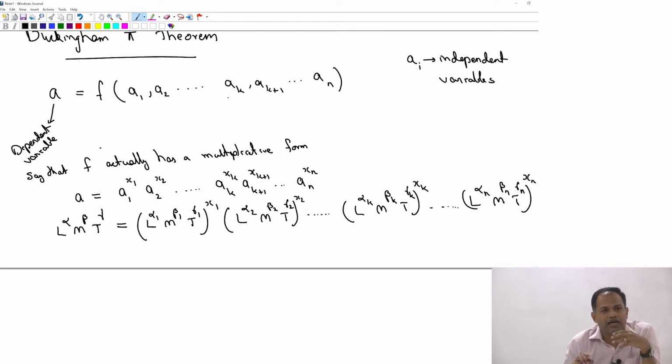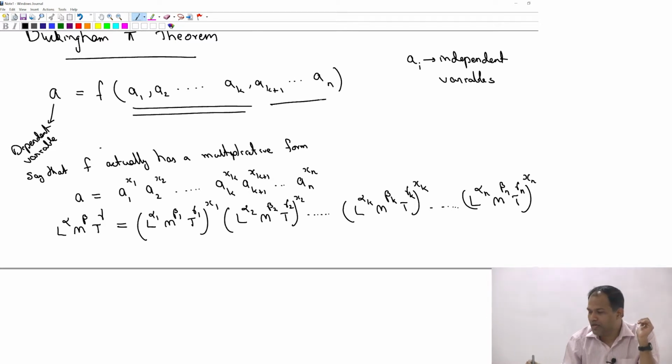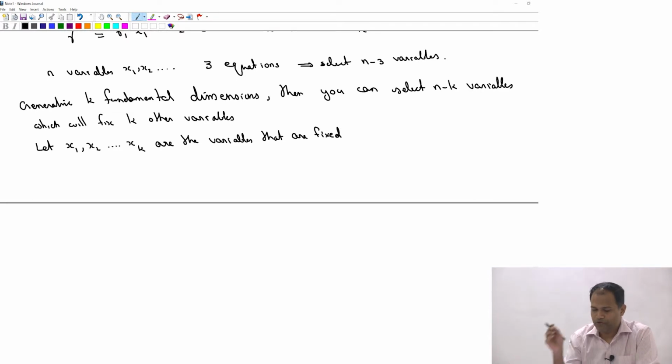So in the general case, if I have k dimensions, I am going to be fixing k quantities as fixed variables and n minus k will be independently chosen. In other words, the first k variables are the ones that are going to be fixed and the n minus k variables are the ones which can be independently chosen. And if you choose the first k variables, so x1, x2, etc. up to xk are the powers of the first k variables.